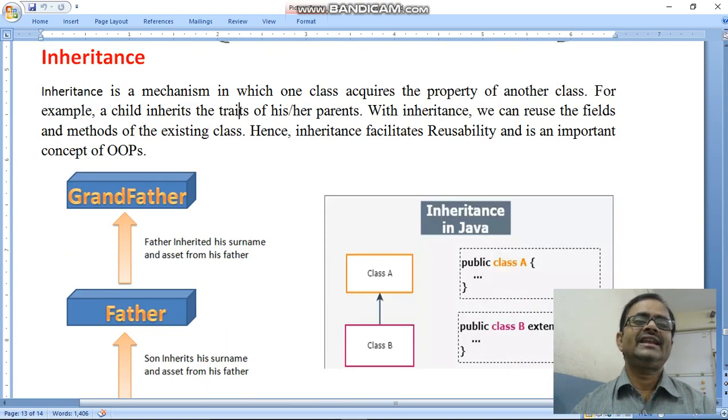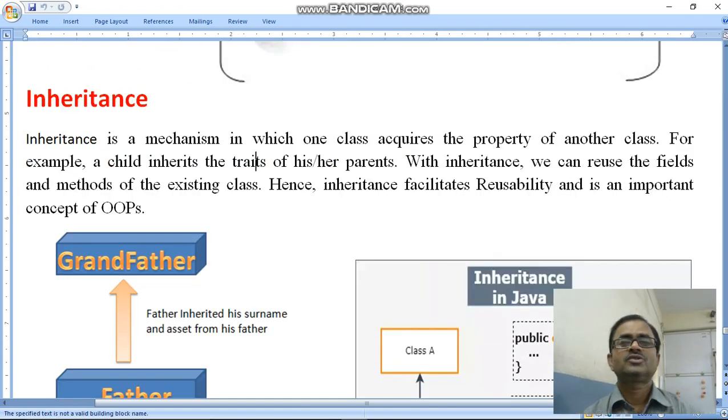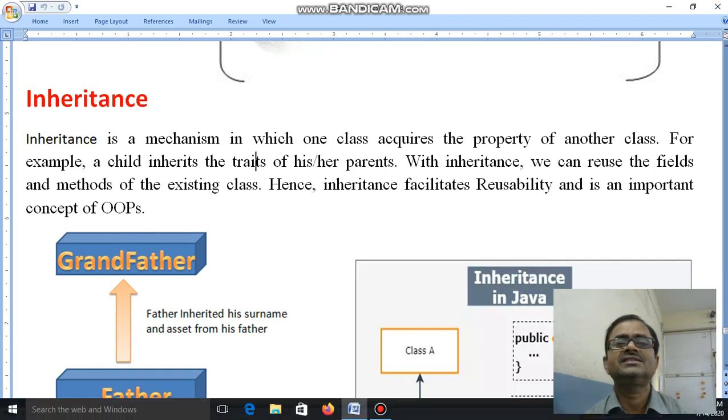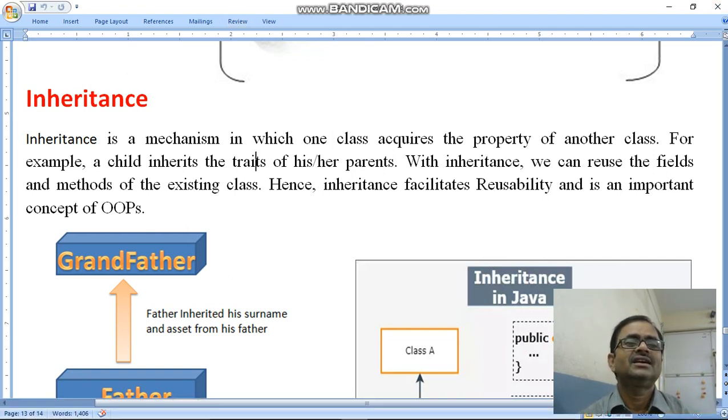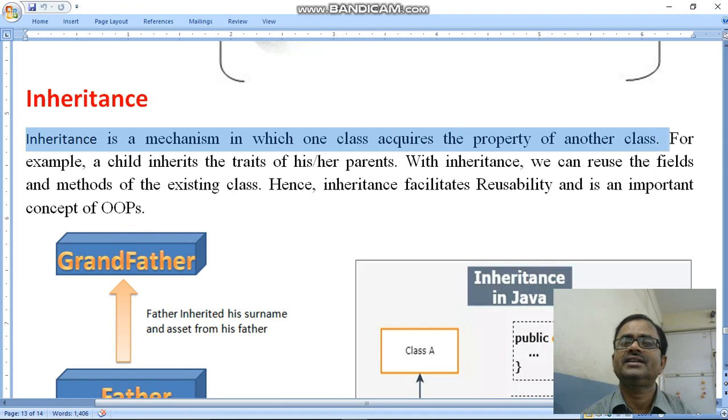Next one is inheritance. Here you see the definition. What is inheritance? It is a mechanism in which one class acquires the property of another class.